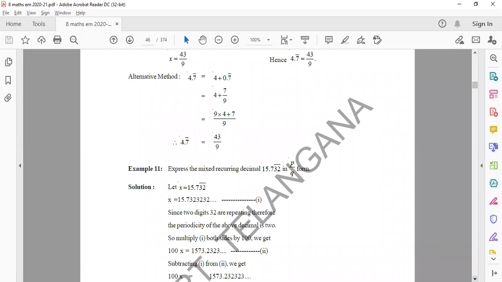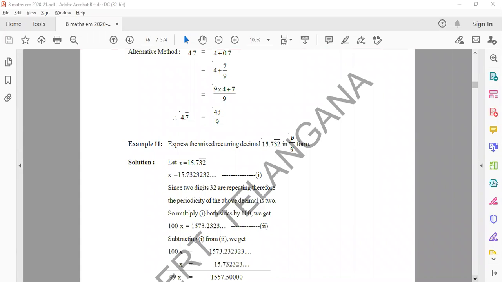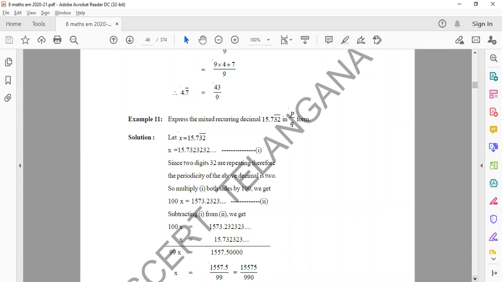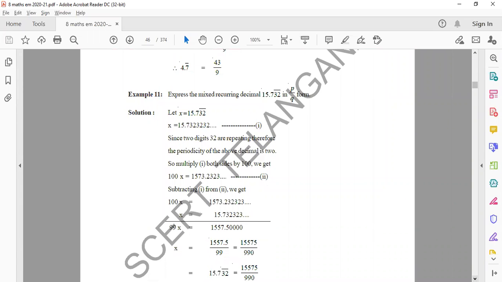Now this question looks like 0.15 bar 32. I think 32 is repeated, right? You can multiply with 100. Here you need to be very careful. Here there is nothing, so you can write 0 and 0. 1537 you subtract with 15. You got 1557. 99x is equal to